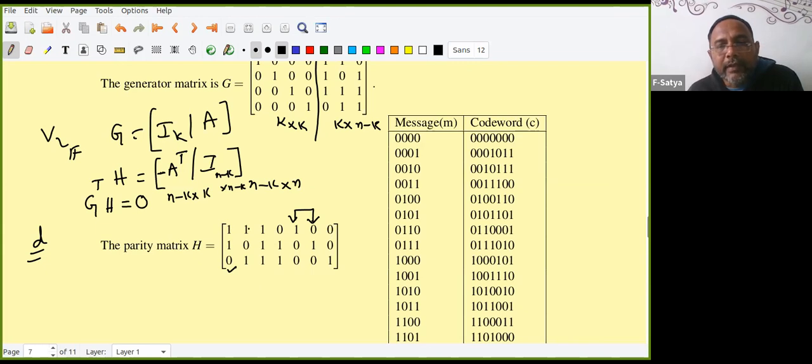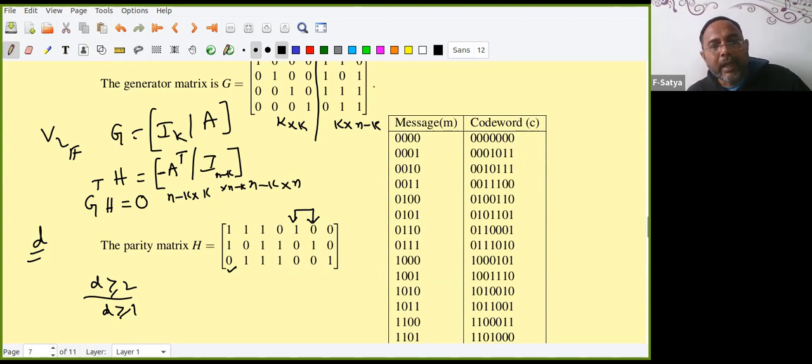That means if I take any single column, that is linearly independent. Now, if I take any two columns also, they are linearly independent, because they are distinct vectors. They're dependent only if both are same, but all are distinct. So here I cannot find two columns which are linearly dependent. That means the distance is greater than or equal to 2. First, distance is greater than or equal to 1. Now once I came to this, the distance is greater than or equal to 3. This is the first observation.